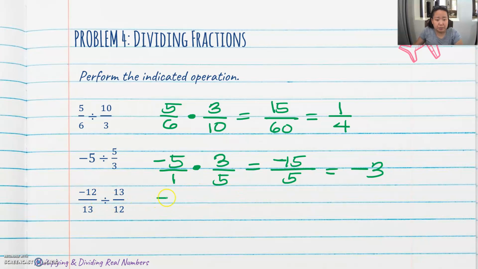Our last example is negative 12 over 13 times the reciprocal of 13 over 12. That will be 12 over 13. Multiplying across, 12 times 12 is 144. Negative times positive is negative. 13 times 13 is